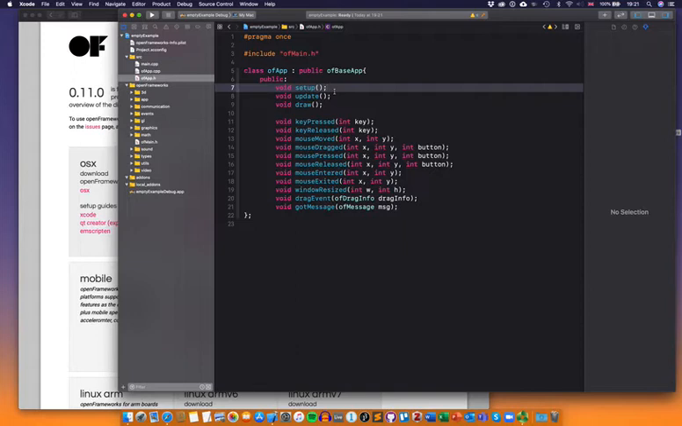If you're familiar with Processing, in Processing you have a setup and a draw. The setup runs once when you first run the project or the application, whereas update and draw are continuous functions, and we'll see that one of the interesting things about openFrameworks